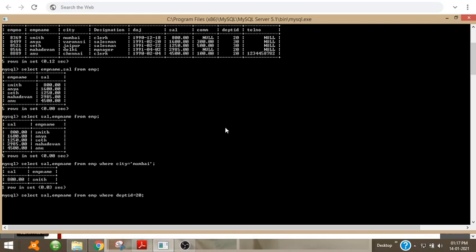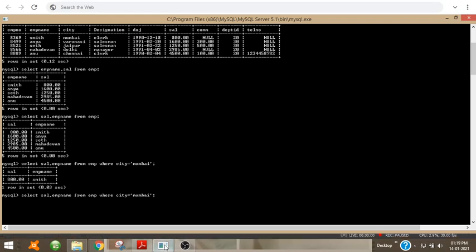For date, varchar and char we have to provide the values in single quotes. So I have to select the salary and employee name of all the employees where DEPT ID is equal to 20.